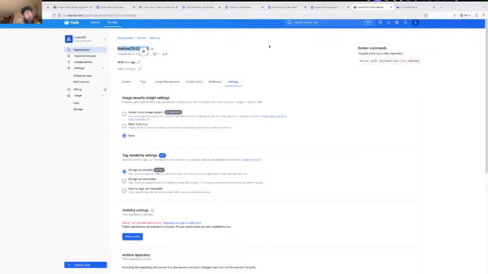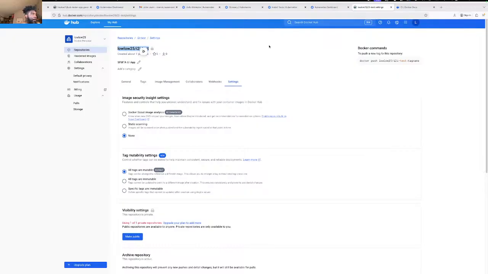kubectl, wait, what am I doing here? kubectl create deployment, dash image equals Lolo25. Is that right? kubectl create deployment I test.